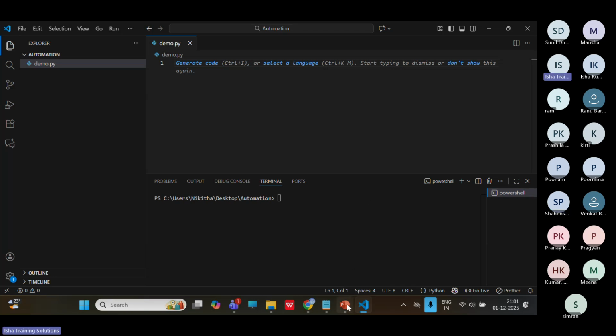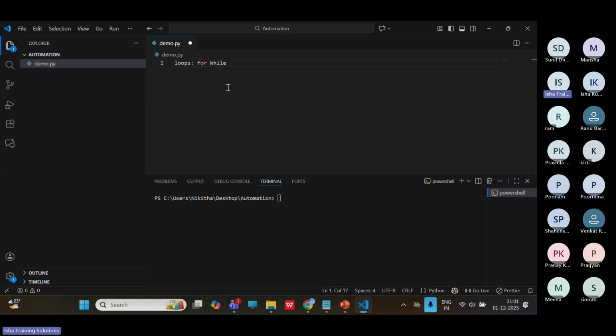So actually, we have completed so far, I'll just give a quick recap of the things which we have understood on the Friday session. So we understood how to use loops. Loops means we have for loop, we have while loop, okay? And we have also understood how to use conditions like if condition, and we know how to use elif, where the use of elif is, and we also understood the importance of else and when to use the else also. And post that we also understood about the data types, like